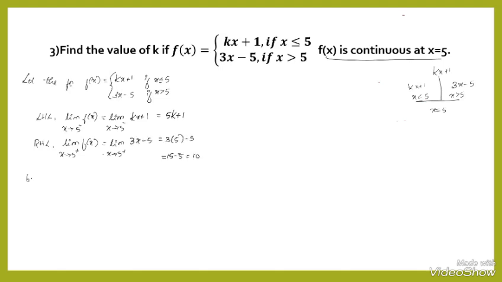Again, by the definition, at x is equals to 5, the function we defined f of x, that is limit x tends to 5 f of x is equals to limit x tends to 5. What is the function? That is kx plus 1. Again, substitute the values x by 5, that is 5k plus 1. Now, by the definition of continuity,